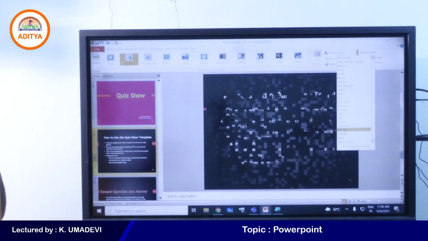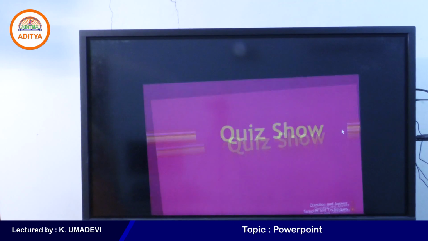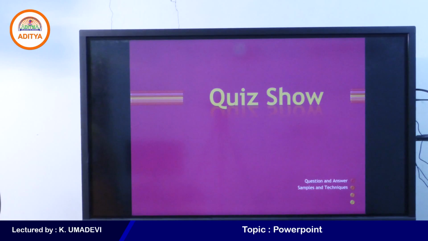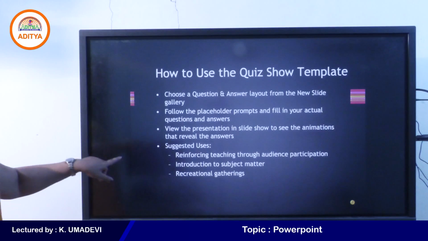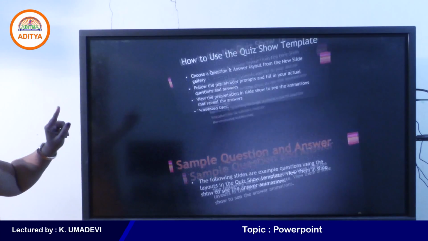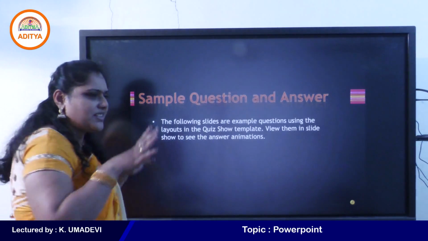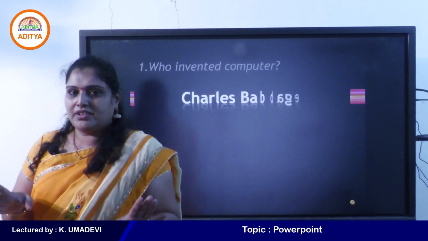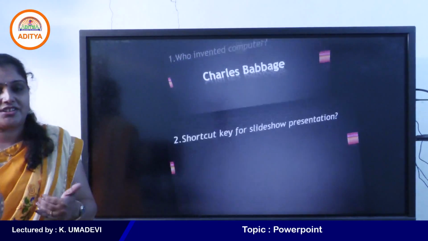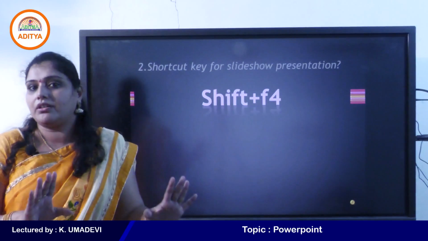See, so many sounds are available here. Okay, again press F5. Did you hear another sound? It's like this, we can apply different types of sounds to each and every slide. When you click on apply to all, the same effect and the same sound will be applied to all the slides. If you want to apply different sounds or different effects to each and every slide, don't click on apply to all.